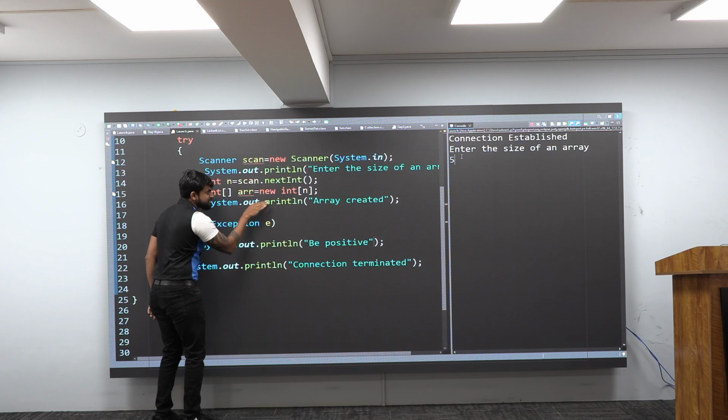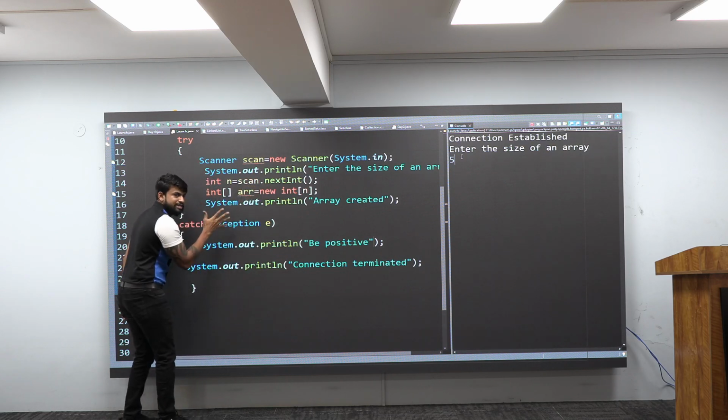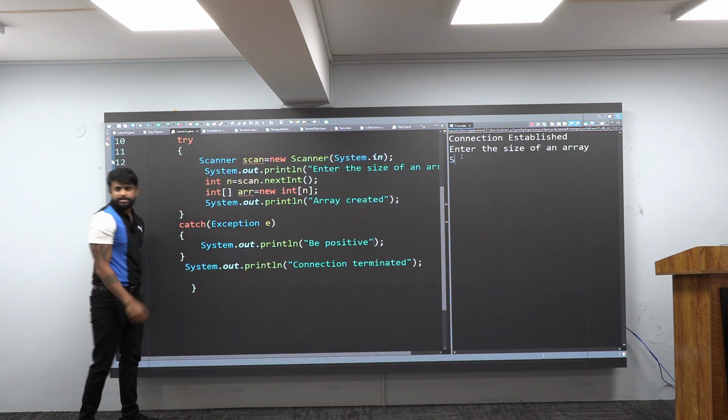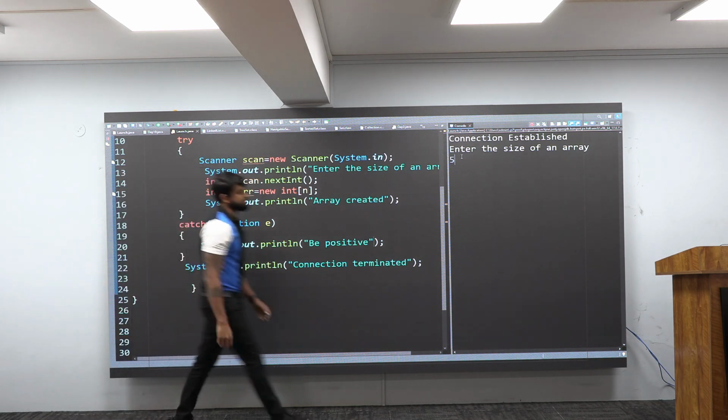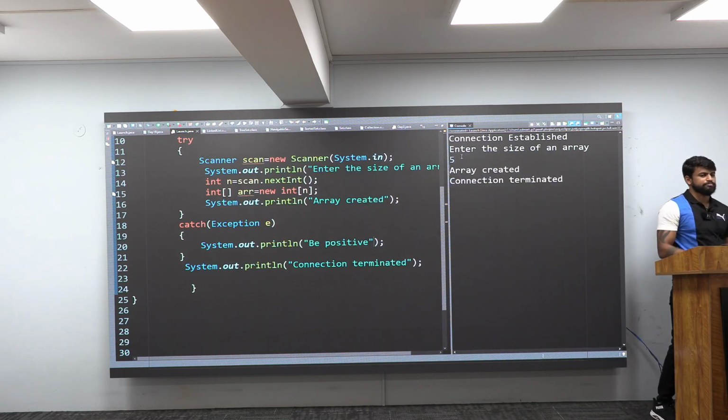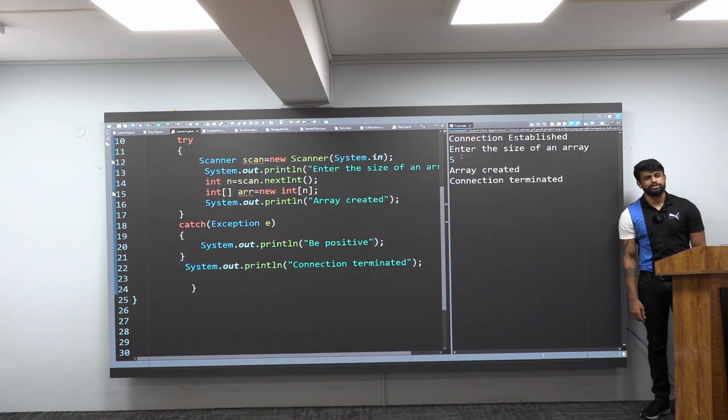All the statements inside the try have executed properly, which means catch will never execute. Catch will be bypassed and the connection terminated. If I hit enter, 5 is the proper input, array created, connection terminated.